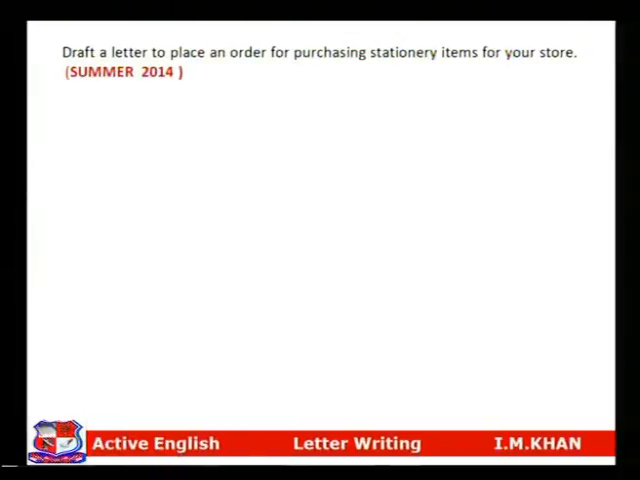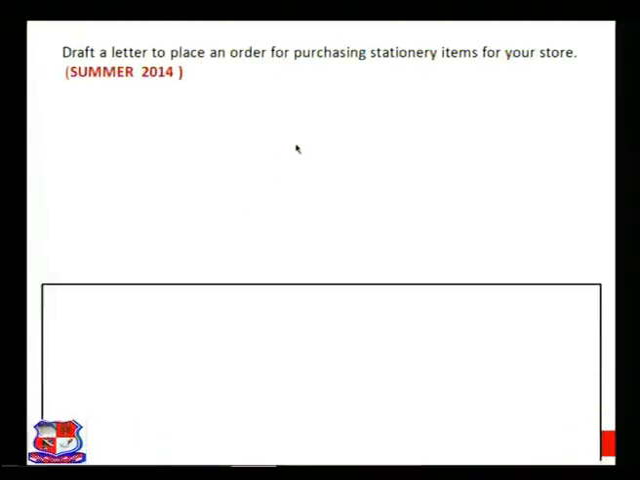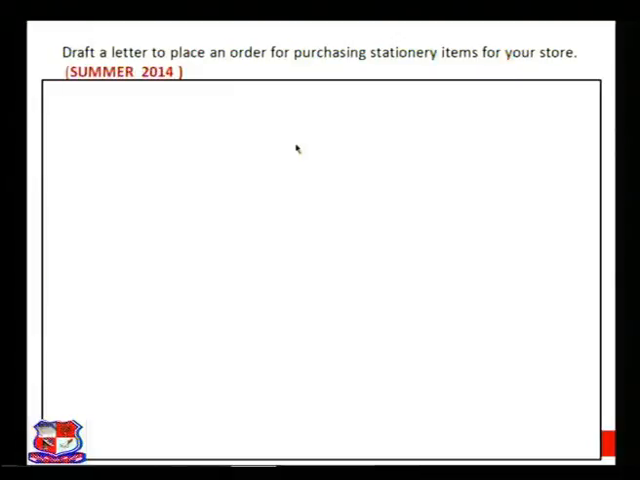This is the letter which was asked in summer 2014. Draft a letter to place an order for purchasing stationery items for your store. Now see, here it is not given any name of a company or a shop name. So how will we write? Let us see. Suppose this is a letter. So we are writing ABC bookstore. We are not mentioning the original name of any company or shop. Hypothetical or imaginative name, ABC bookstore,